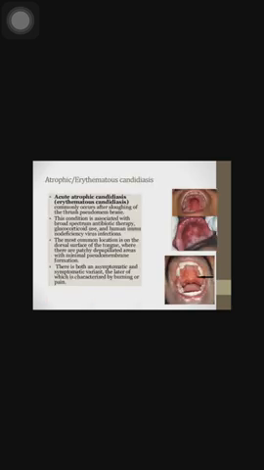Atrophic and erythematous candidiasis. Acute atrophic candidiasis, that is erythematous candidiasis, commonly occurs after sloughing of the pseudomembrane. This condition is associated with broad-spectrum antibiotic therapy, glucocorticoid use, and human immunodeficiency virus infection. The most common location is the dorsal surface of the tongue, where there are patchy depapillated areas with minimal pseudomembrane formation. There are both symptomatic and asymptomatic variants, the latter characterized by burning or pain.